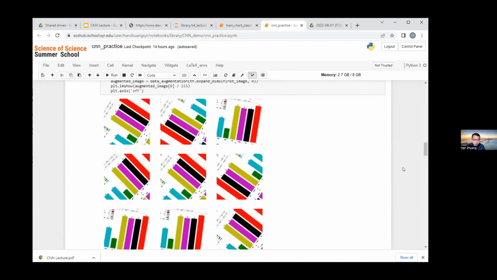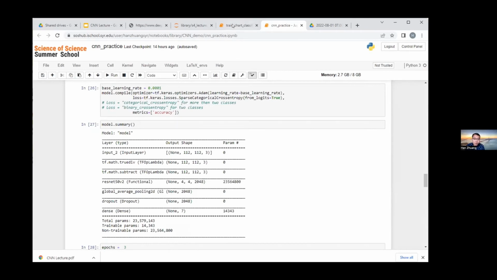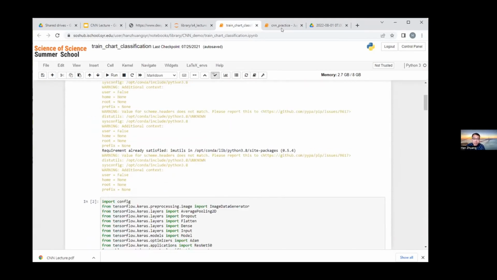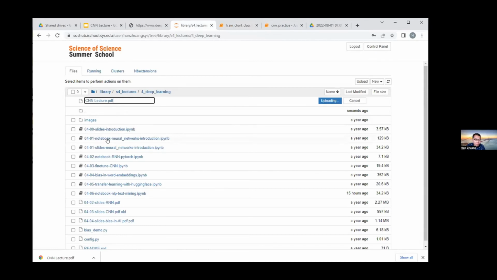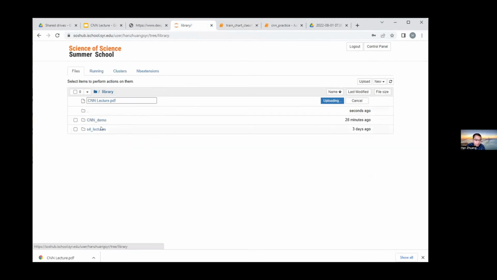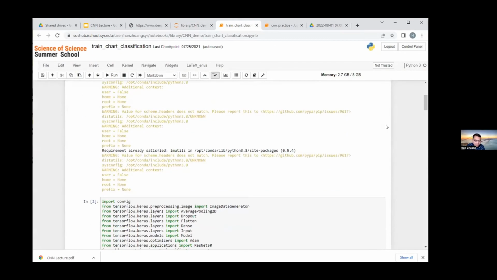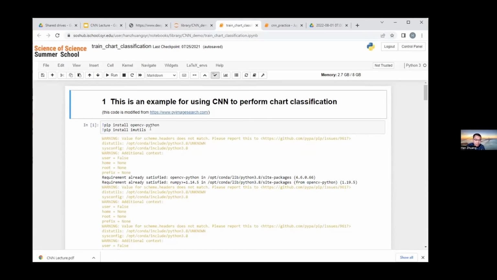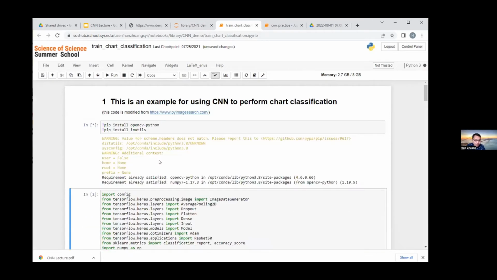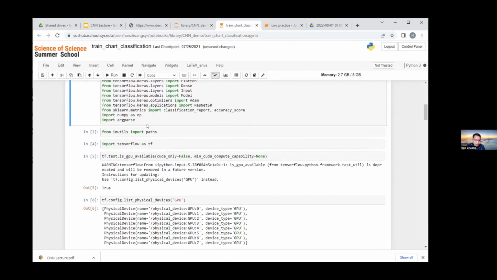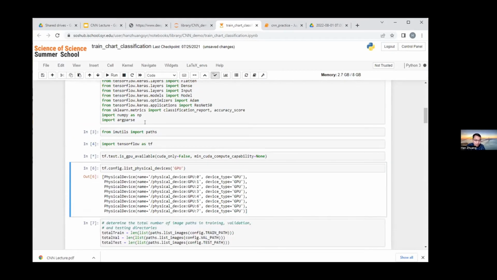I want you to try the new version yourself, but I will introduce the old version I have, and both are available in the CNN demo, and this is the new one. Basically, you can just run each cell, and it will help you load packages, and it will detect